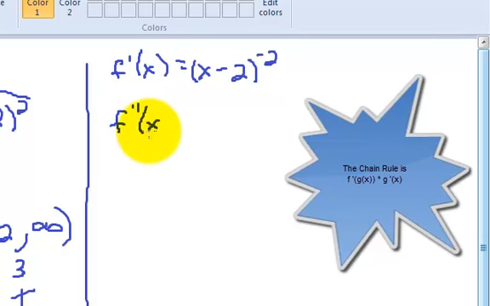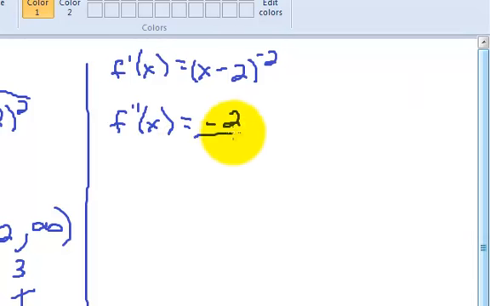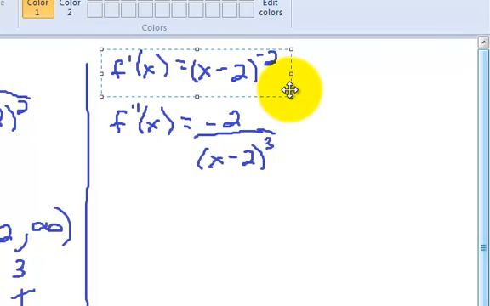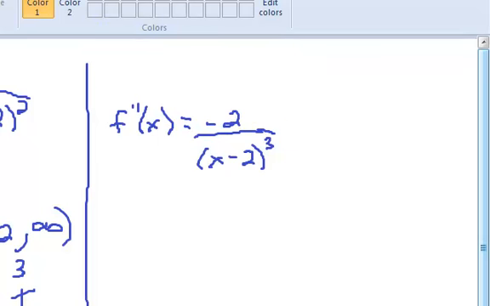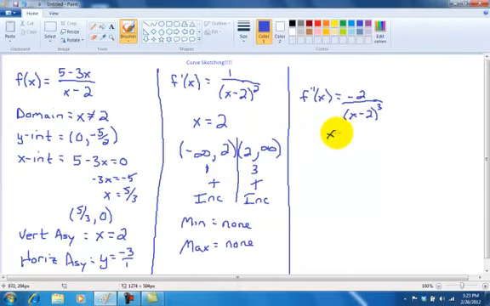So I know my second derivative comes out to be something over (x minus 2) cubed. Okay, there's my second derivative. I take my second derivative and set it equal to 0, and again, if you notice, there's no variable in the numerator, so setting my numerator equal to 0 doesn't do anything in this case. I set my denominator equal to 0, we get x equals 2, which means that's our critical point for our second derivative. Put it into our intervals,